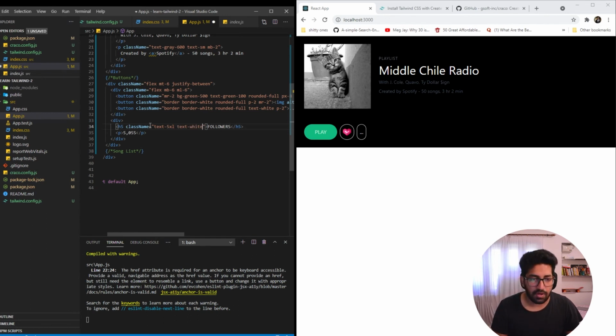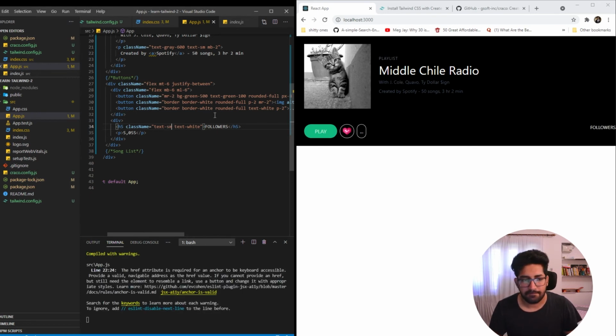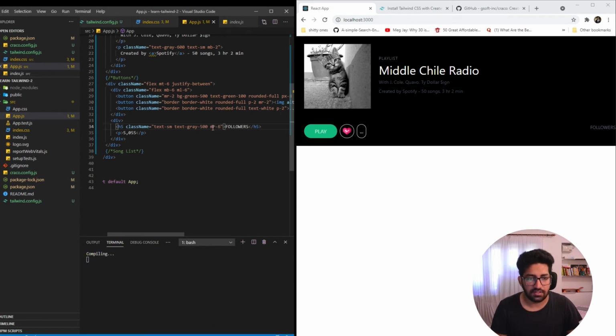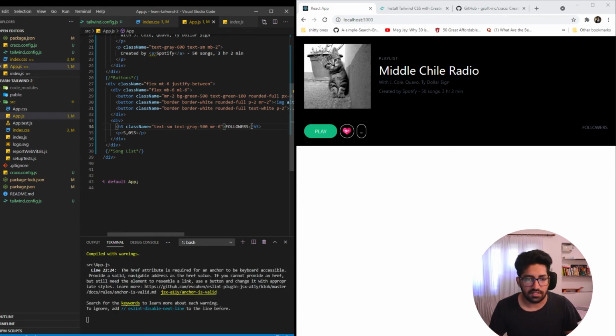text white. Okay, that looks pretty much big. SM. Text will actually be gray for this, 500, and then we'll have a margin right 6, because we had added a 6 margin over here.